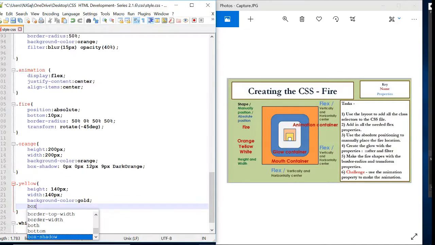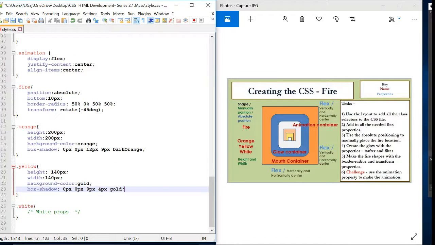And then the box shadow, again, I'm going to do very similar, but maybe have it slightly less blurry and a slightly smaller spread. And the color, let's have it as light yellow. No, let's have it as gold. And the last one,